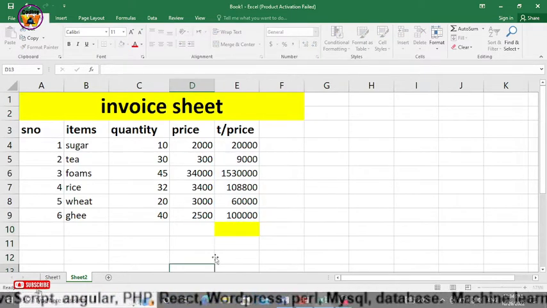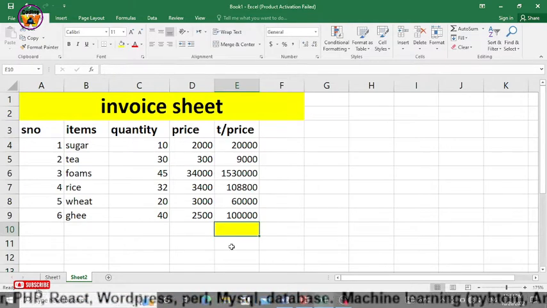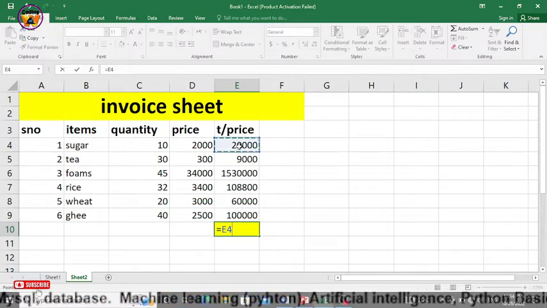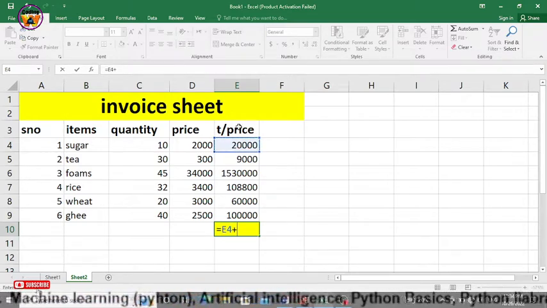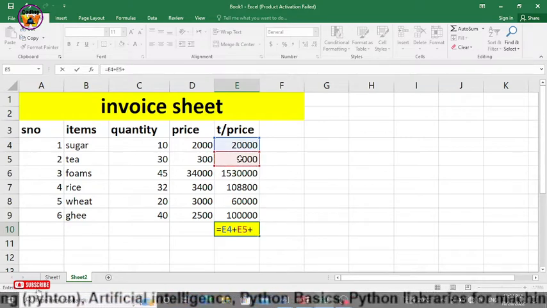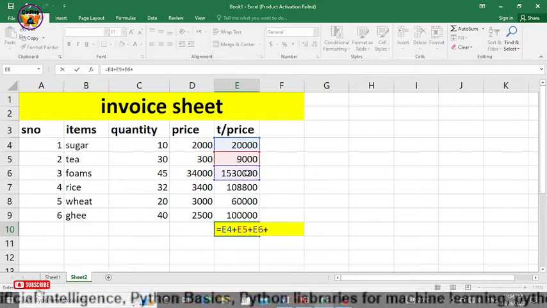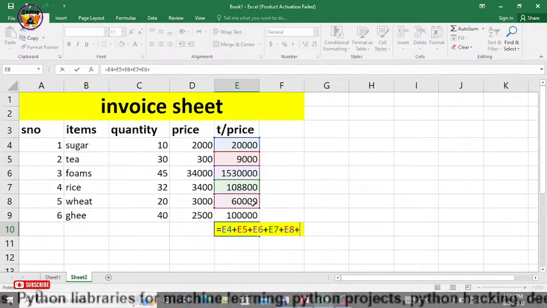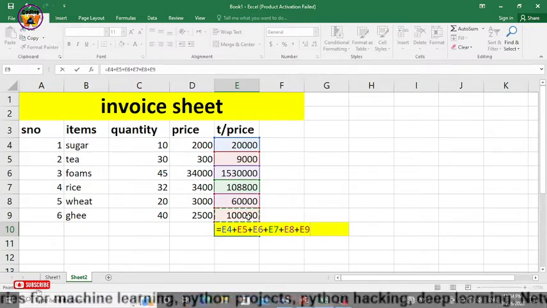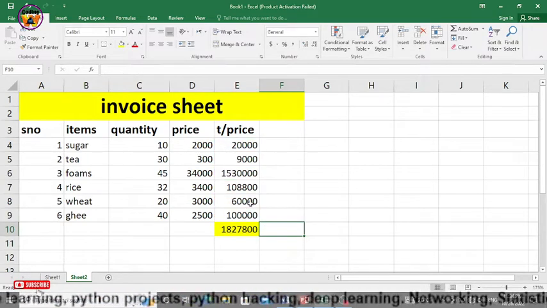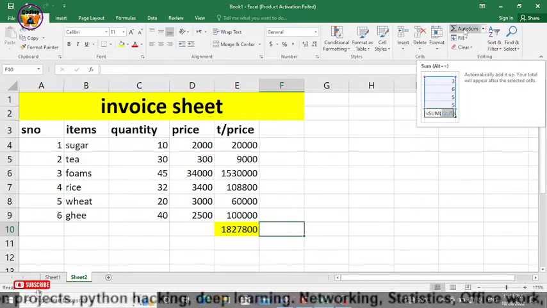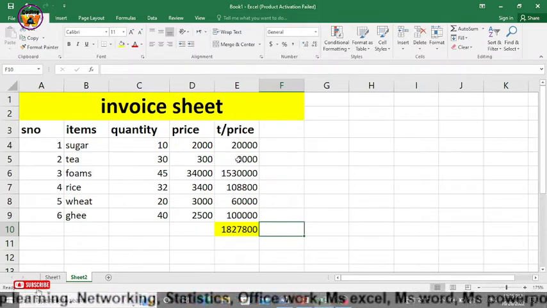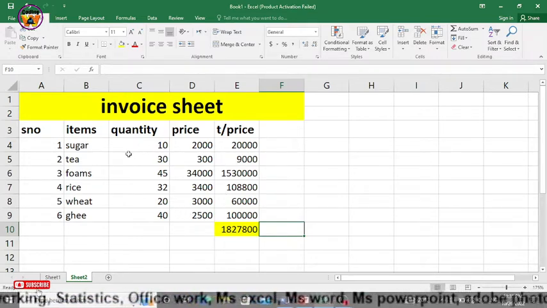If you want to type manually, then select that cell. After that, press the equal symbol and select the first cell of your total price. After that plus, select the other cell that you want to add, plus the other cell that you want to add, plus the other cell that you want to add, and finally just enter and it will give you the same result. So you can add by using AutoSum, or manually you can use the formula, adding each cell with each one. So it was a short video in which we have learned how we can create